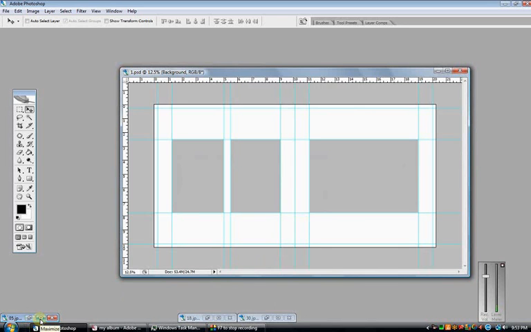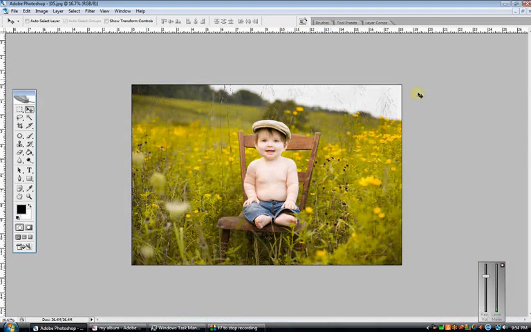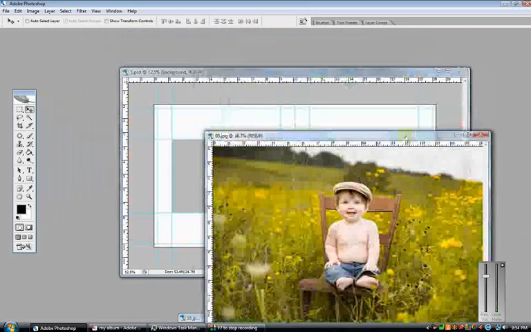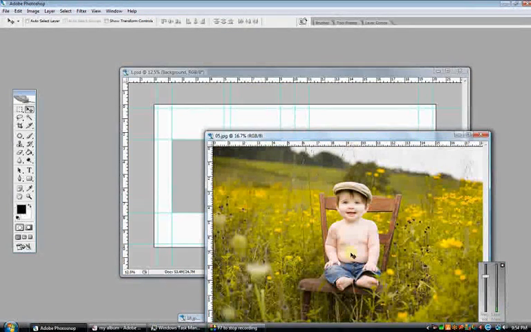Right now, all we need to do is open the first picture that we want to use. I'm going to open the picture that I want for this spot, and I already have them down here, but you just need to go into File, Browse, find your image, and open it up. So here's the first image that I want to use. All right, this little guy is going to go there. Make sure that this image is selected. Make sure I'm on my Move tool. I'm going to click on the image and drag it into my